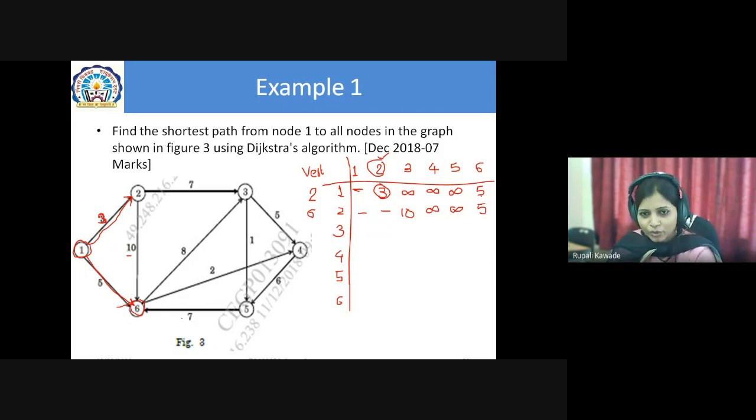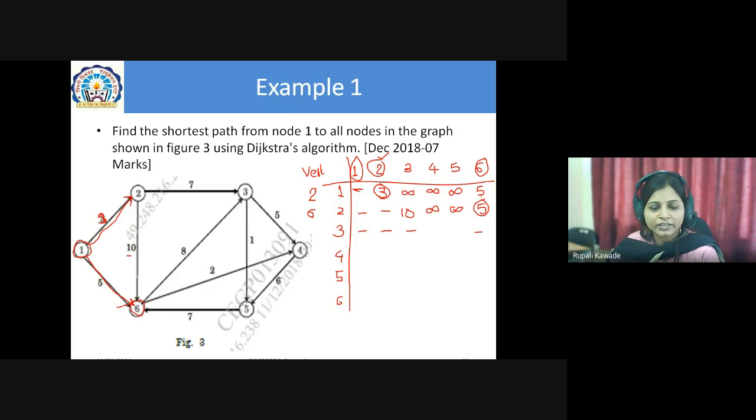Same thing you can do also from the 3. Okay, 3. Now here the distance of 3 and 3, all of this will be dash because all are already visited. Which one is visited now here? 6 is visited, whose distance is 5 we have taken. Fine. Now distance of 3 from 3, this will be dash and this will be dash also. Okay. Now here, tell me, what will be the thing? Distance of 3 to 3 again dash.